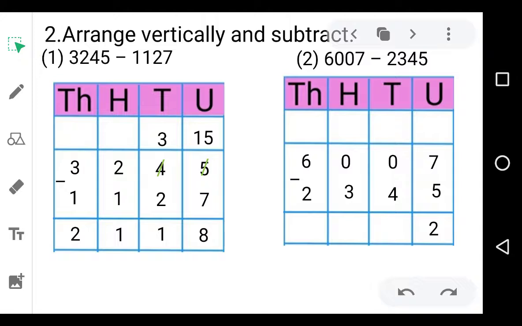Now at the tens place we cannot subtract 4 from 0. So we borrow 1 from the next place. But there is 0. So we borrow 1 from the 1000 place. So at the 1000 place 6 will be 5. At the 100 place this 0 is 10. Then 10 will be 9. And at the tens place 0 will be 10. Now 10 minus 4, 6. 9 minus 3, 6. 5 minus 2, 3. So here we get the answer 3662. Now see the next one.